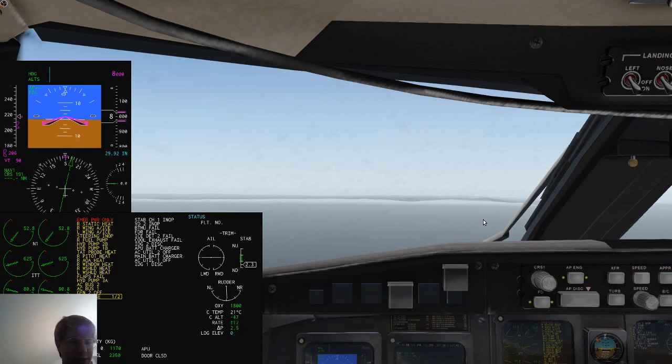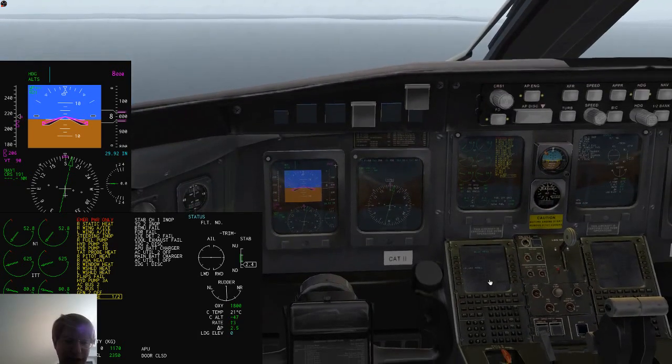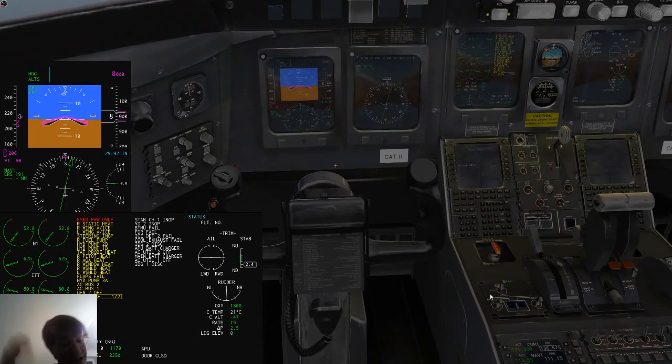Alright, so that was brake temperature, gear bay overheat, lift dumping system, the interrupt generator and an ATR, and this is about all that I wanted to test tonight. So I guess that completes my little tour of some of the new systems in V2. And if you want to see the development of the actual model, then go to Javi's